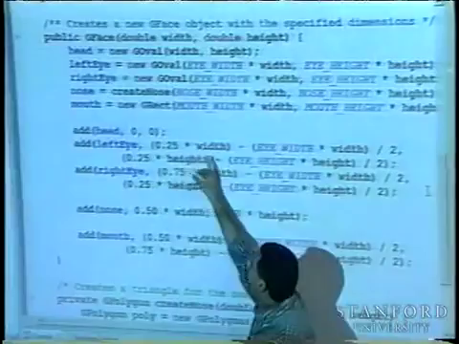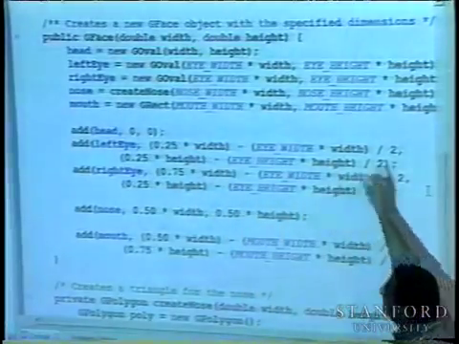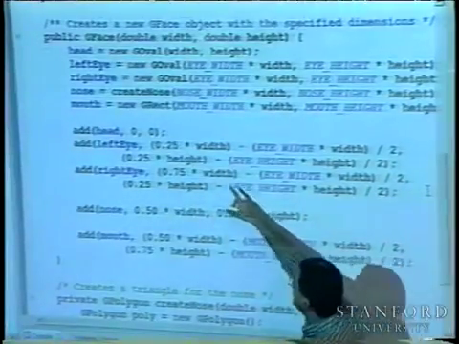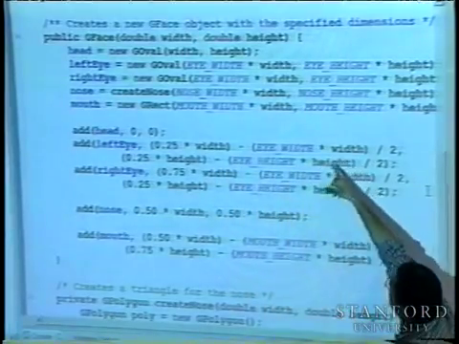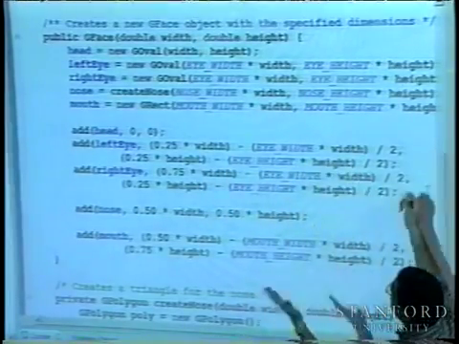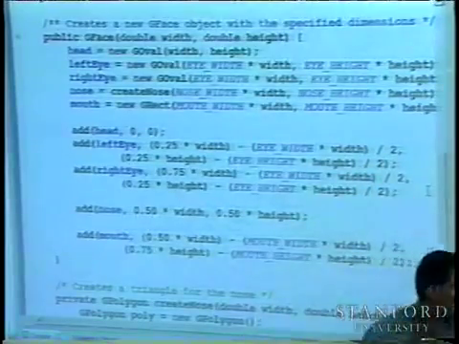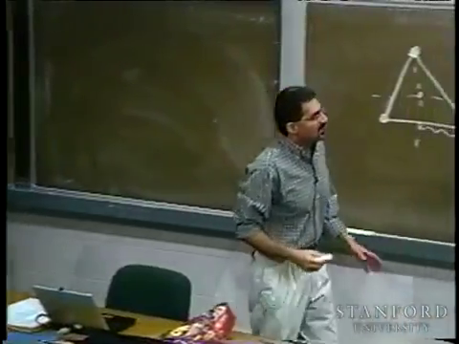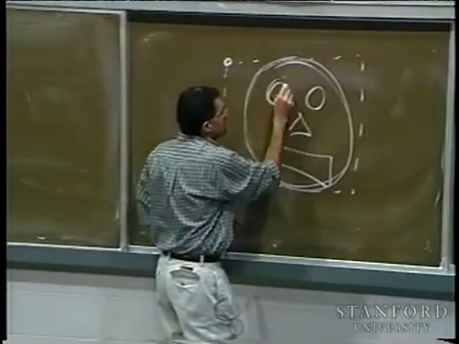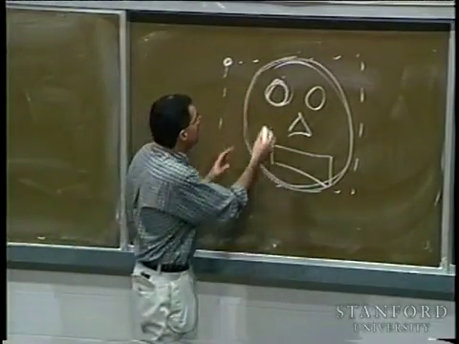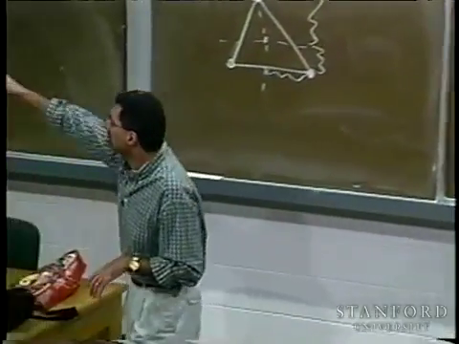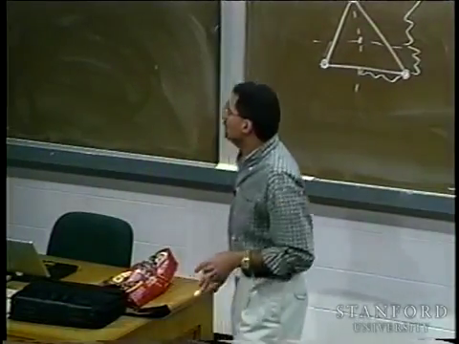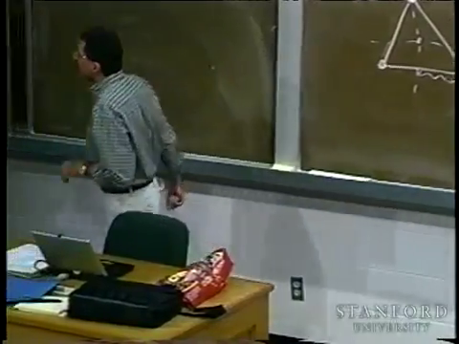I'm going to add the left eye to this kind of funky equation over here, but basically all it's saying is I take a quarter of the width of the face and subtract from it the eye width scaled by the size of the face divided by 2. So basically what it's going to do for the x-coordinate is do something on sort of this part of the face. It's going to bring it over a quarter from where it would have been relative to the center of the screen. And then I'm going to also do something relative to the height,